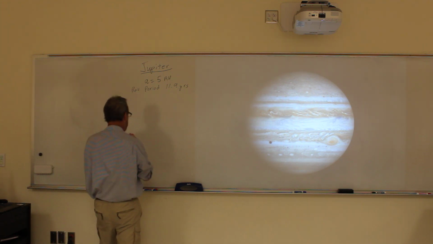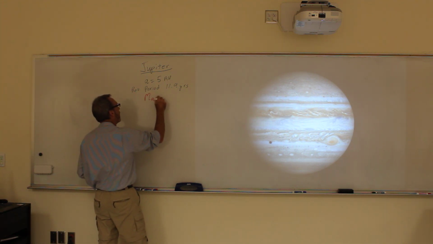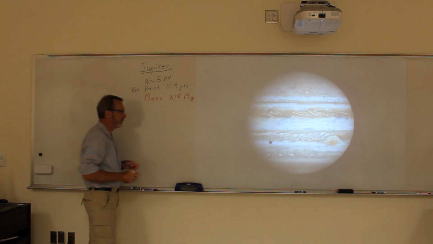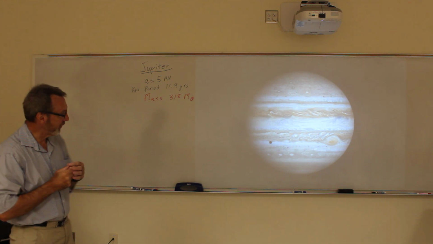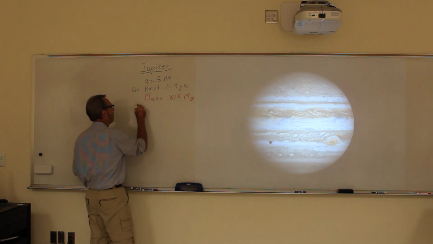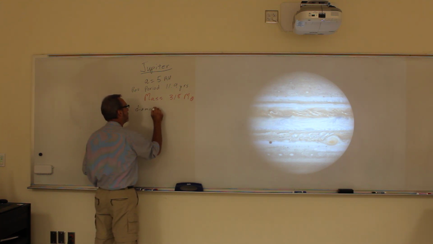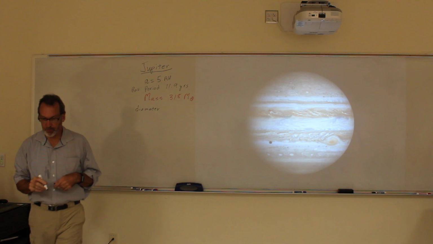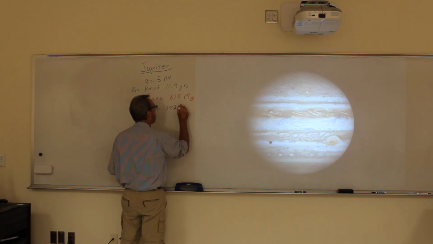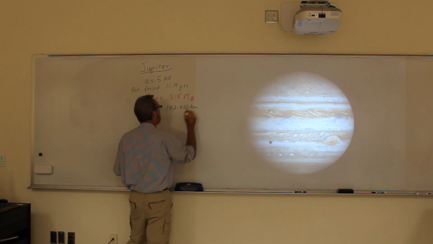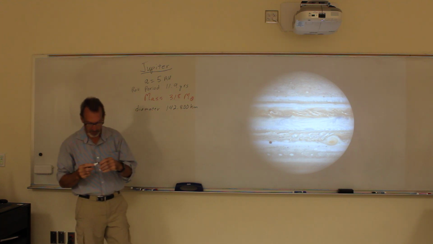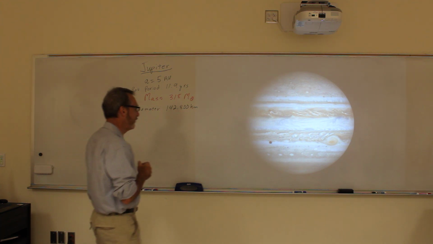Its mass is 318 times the mass of the Earth. So this is the first planet we've gotten to bigger than the Earth, 300 times more massive, and its diameter is 142,800 kilometers. What does that mean? Well, remember that the Earth was at 12,000, so this is about 12 times bigger. So you could fit 12 Earths